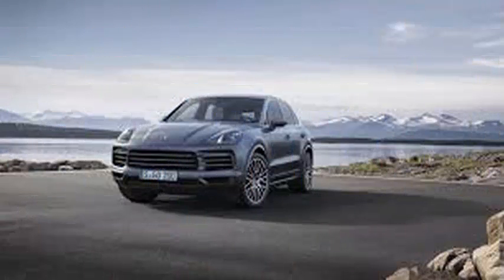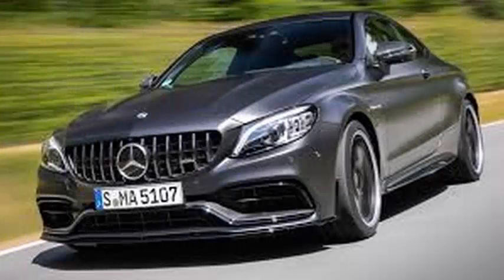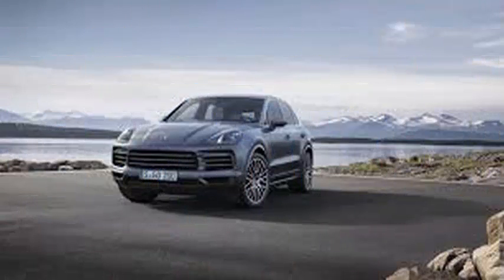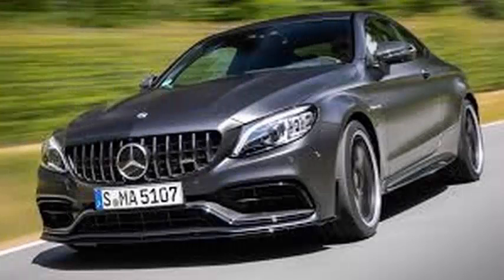In addition, there have also been some changes in AMG Dynamic Select, which changes driving modes by altering the engine, transmission, steering and suspension response, as well as exhaust sound. Now there will be a slippery mode for wet conditions, plus a new integrated dynamic driving control system called AMG Dynamics,